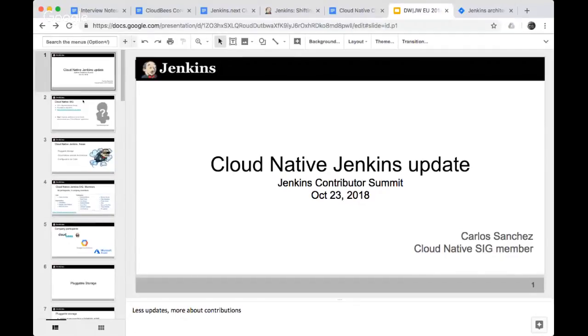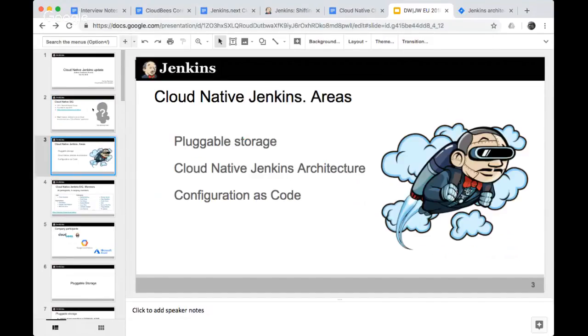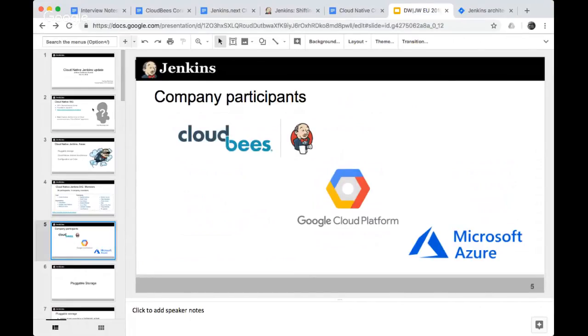I'll put the link to the keynote. Well, everybody here should know what the SIG is already and what we are trying to do. So let's go through the updates. We also had at the keynote the appearance of Google and Microsoft. So thank you for showing the support there. They are part of the SIG, and they're working already on the artifact manager support for their respective blob stores, at least Azure is. So we'll be helping implement these features, and we are looking also for other active participants in the SIG to implement different versions,